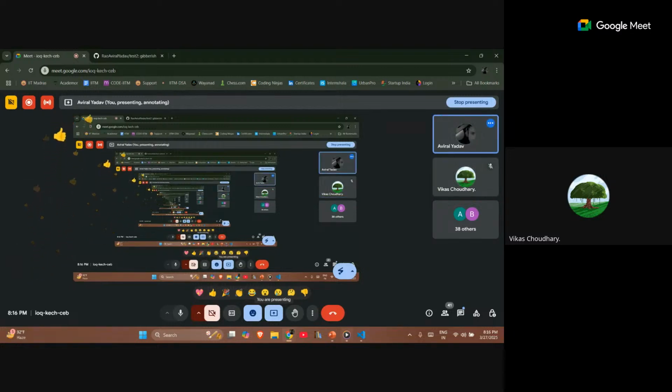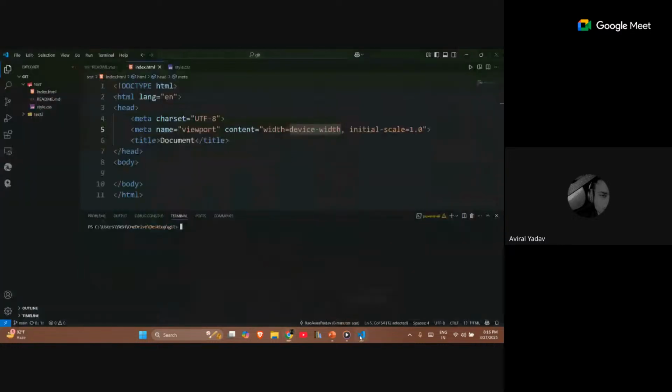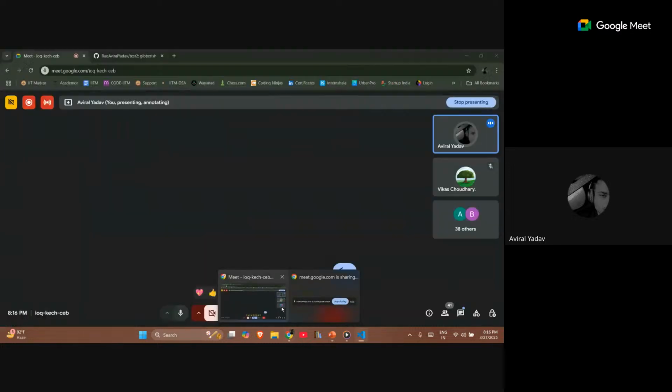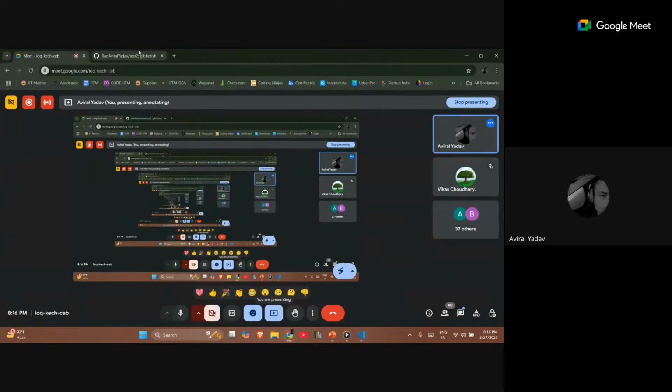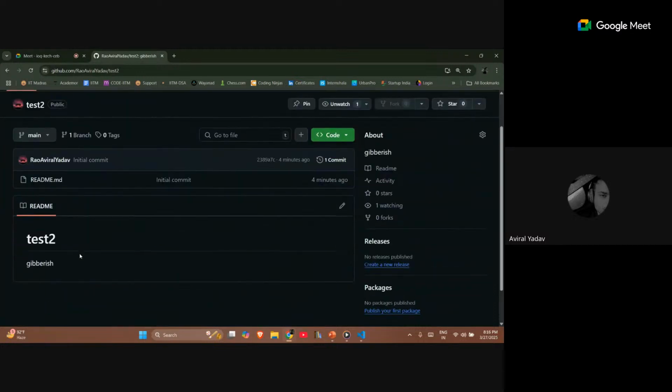Okay, now let's come to the branches part that we had earlier. To see how many branches are out there, what I mean by branches is, let's say there are multiple developers working on a project. Let's say this is my current repository, and there is a developer working as the front end developer.